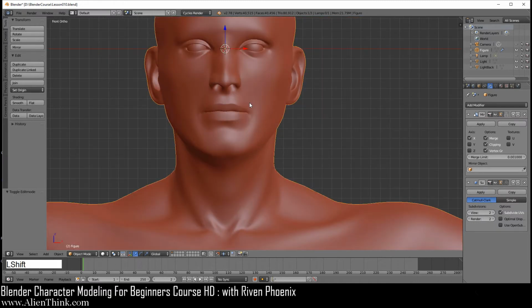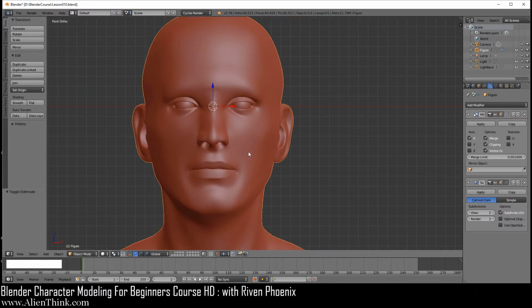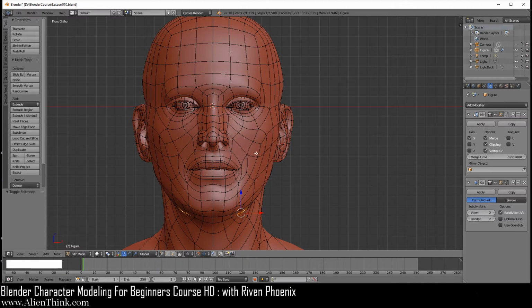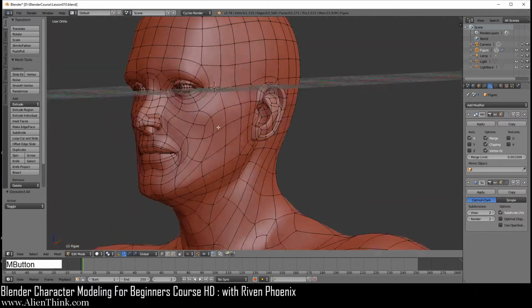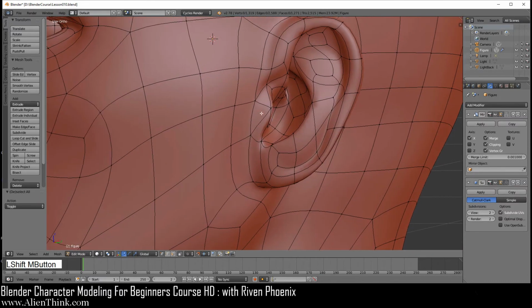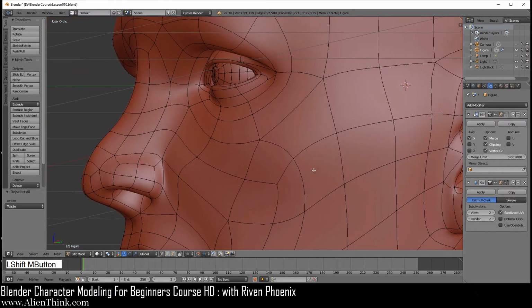Now, the other thing that we want to take a look at is go ahead and go back to your tab into edit mode, A to select, A to deselect. So we've already talked about this idea of these floating vertices, right? They're only going to occur very rarely. And then we have this floating vertex over here. Okay.